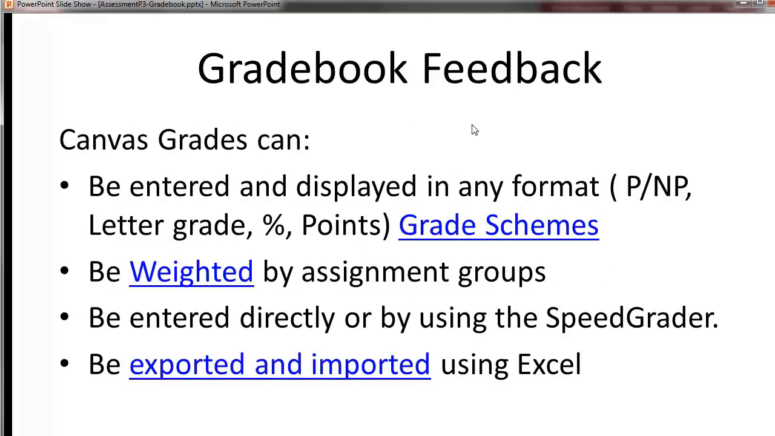Grades in Canvas can be entered and displayed in any format. So pass, non-pass, a letter grade, a percentage, or a number of points. And you can change the way that grades are calculated and displayed by creating a grade scheme. And I've provided a link here for you to go and see what grade schemes are like. In addition, by creating assignment groups, you can create a weighted grade book. So you can divide your assignments up into labs and quizzes and exams and participation and assign a particular percentage